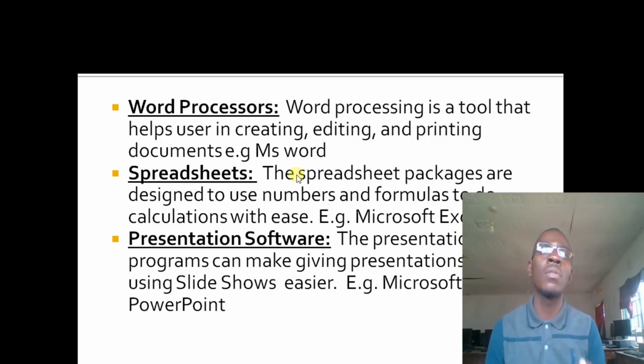A word processor is a program that helps someone to create, edit, format, and print a document. For example, you hear of Microsoft Office Word. So that one is an example of a word processor because